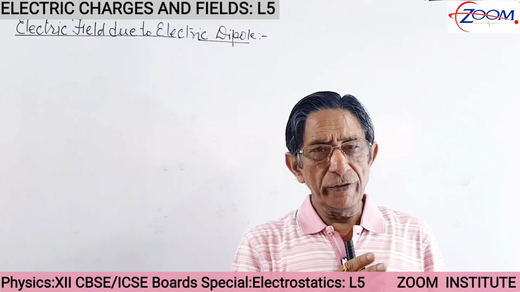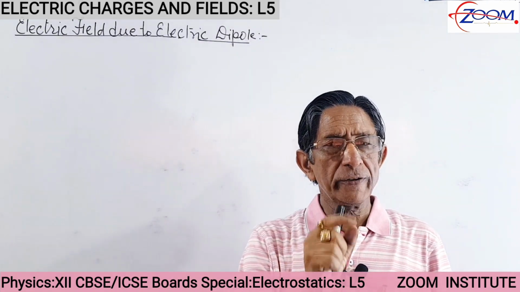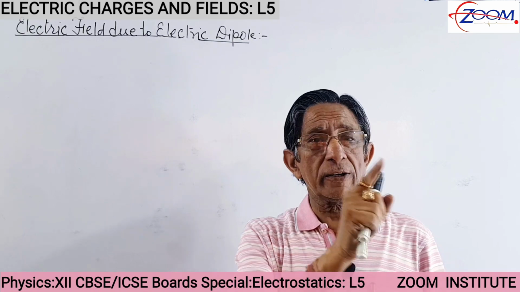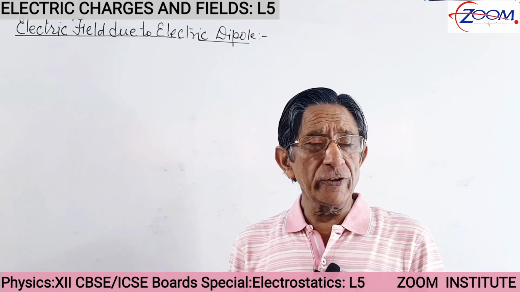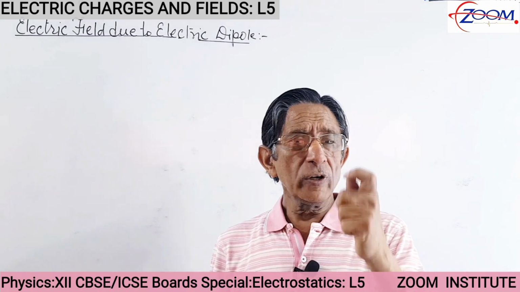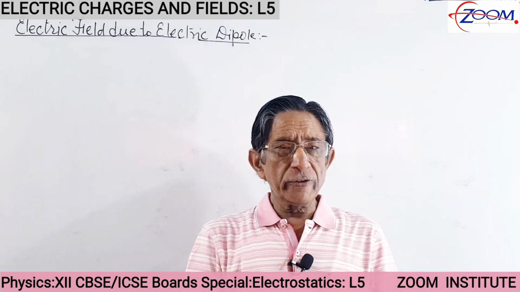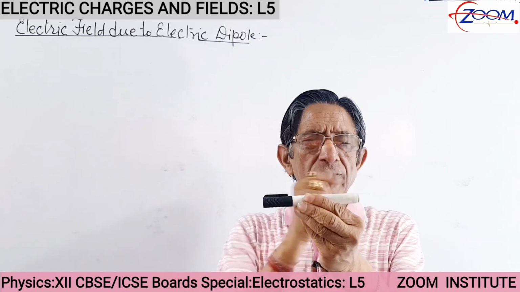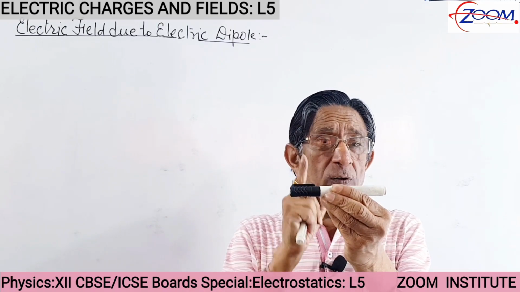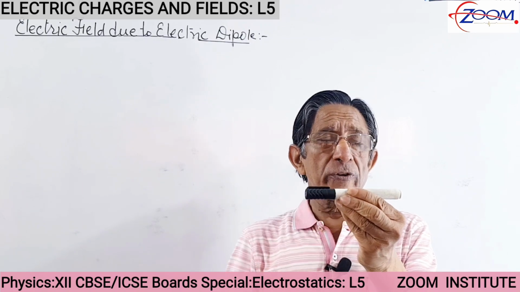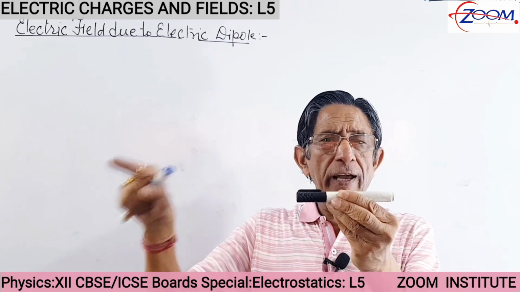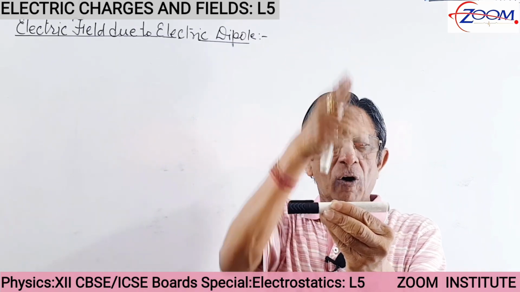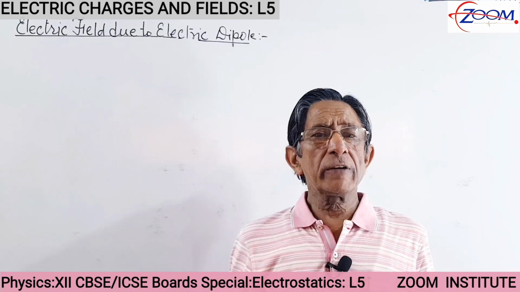After having the knowledge of electric dipole, dear students, now we pass to the topic electric field due to electric dipole. Because previously we have studied electric field, then we have studied electric dipole. So now let us study the electric field due to electric dipole. Students, suppose this is electric dipole, this is positive charge, this is negative charge. We can calculate electric field especially in two positions. Either the point lies along this line, that is called an axial point, or the point lies on the perpendicular bisector, that is called equatorial line.